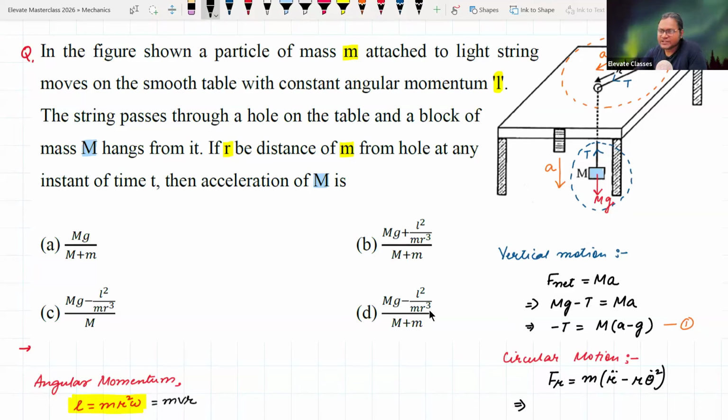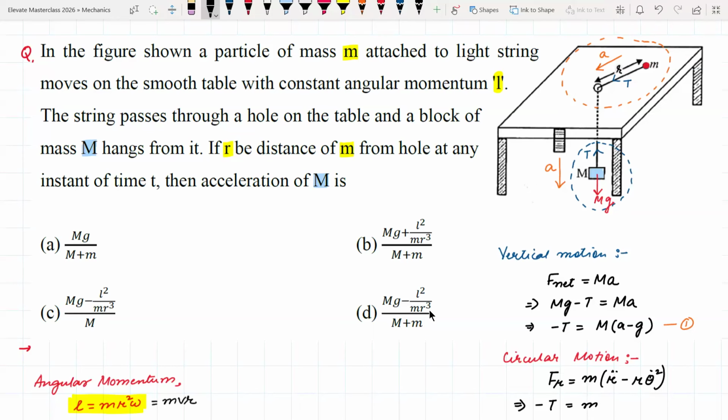What is the force in the radial direction, guys? Tension. Minus T, because tension is acting in the decreasing radial direction, right? Now, what is R double dot? Minus A. R double dot is not just A, it's minus A. Why is it minus A? Because R is decreasing. ठीक है, यहाँ पे थोड़ा सा आपको ध्यान देना पड़ेगा. That is why the plus minuses are so important, because it affects your final calculations. R dot is decreasing